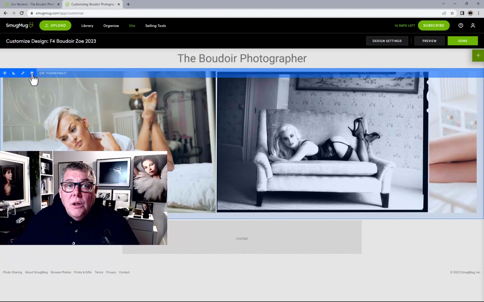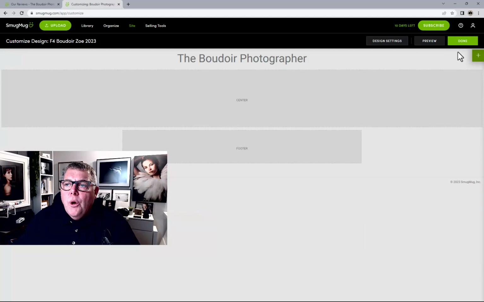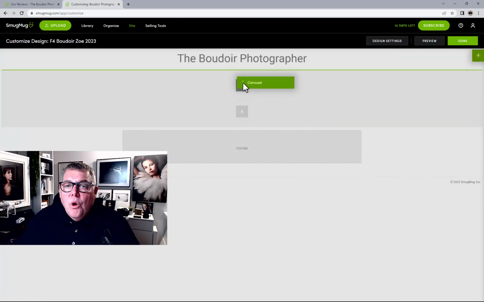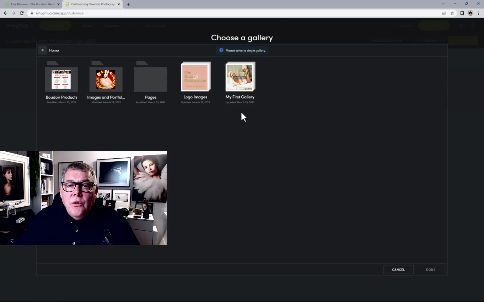If you missed the carousel before, basically all we need to do is remove that block. We'll go into the plus, we come into photos, and we drag in carousel, and we want it to go below the boudoir photographer. And in this case, we go to a gallery or popular photographs, recent photographs, or photos I choose. I tend to use either a gallery or photos I choose. In this case, to make it nice and easy, we're going to use gallery, click on choose gallery, and then